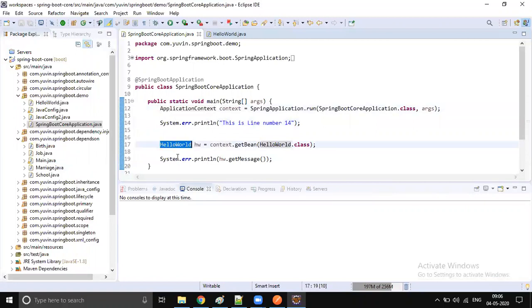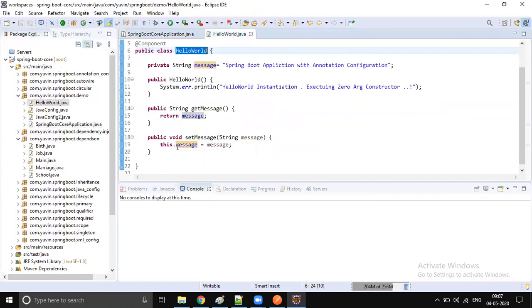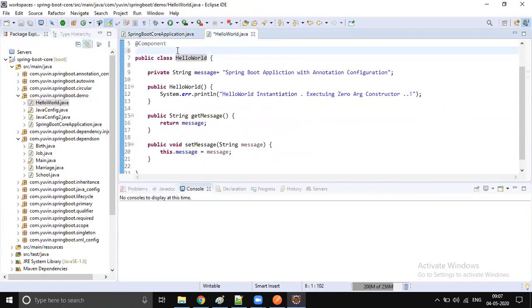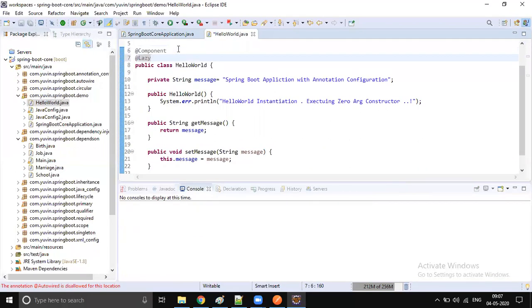I want this hello world to be created when I perform a lookup. Whenever I execute context.getBean, that time if my hello world should be instantiated, what should we do? We should add lazy to my component.